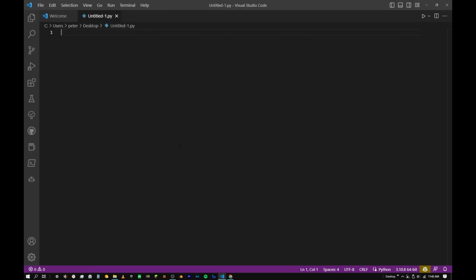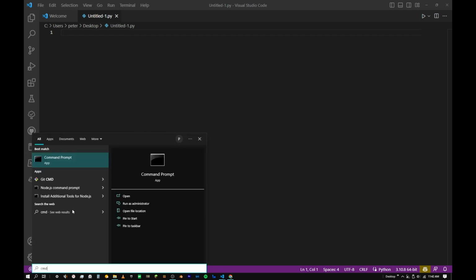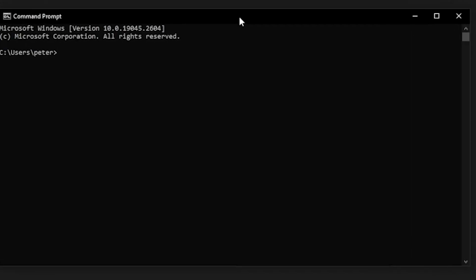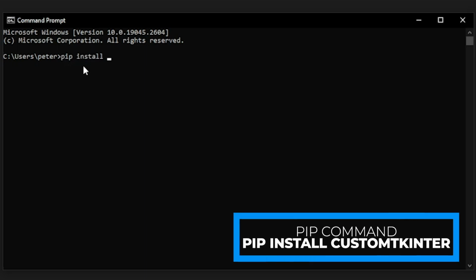We're going to need to install a few modules. You can press the Windows button on the keyboard, or the Windows button down here in the corner. You can type CMD for command prompt. If you're on Mac, you can do Control spacebar, then type in terminal. Then we're going to type pip. If you're on Mac, type pip3. But if you're on Windows, just type pip, and then install. And then we're going to do